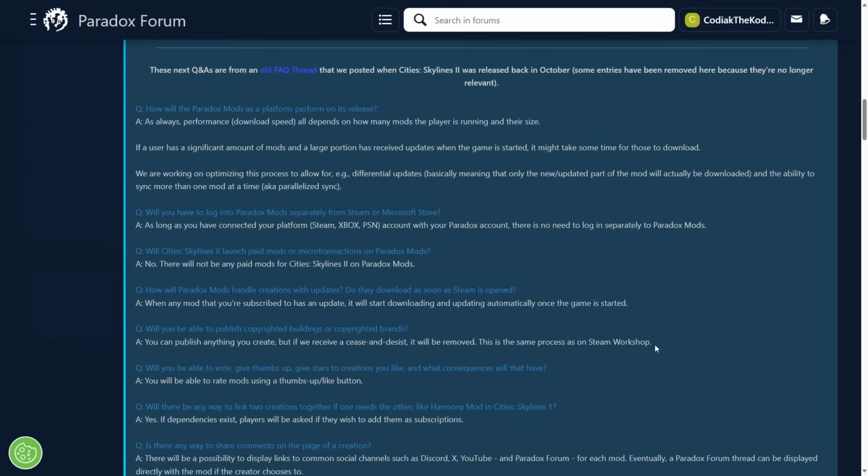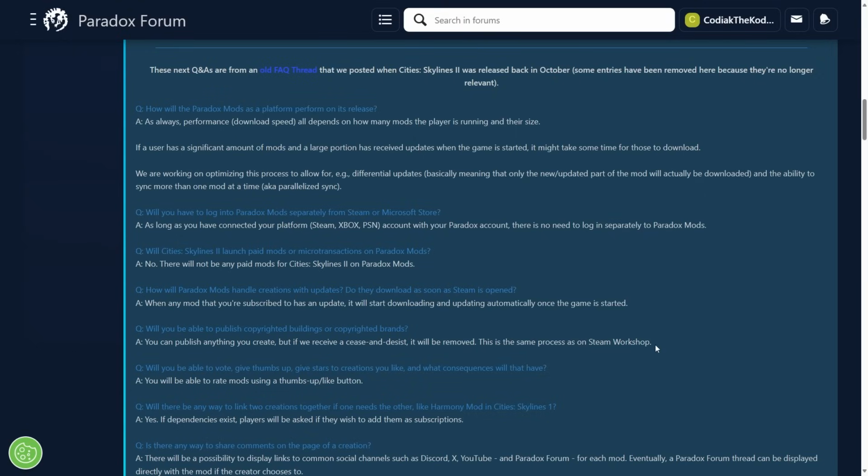So nothing's changing. I think there's a lot of people who are scared that because Steam is kind of removed from the scenario, that gives Colossal Order more control and they can be more controlling. They could be as controlling with the Steam Workshop. Steam was not stopping them from doing anything before. It was just another hand that could intentionally cause problems, I guess, in a way. And now that that's been removed, you could say that, well, now there's only one hand and that could cause control, and sure, but from actually removing things like copyrighted brands, Steam wasn't stopping that from before. In fact, they could have gone out of their way to remove stuff if they wanted to.